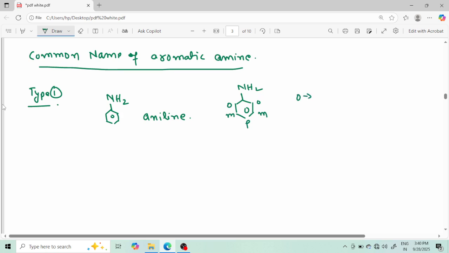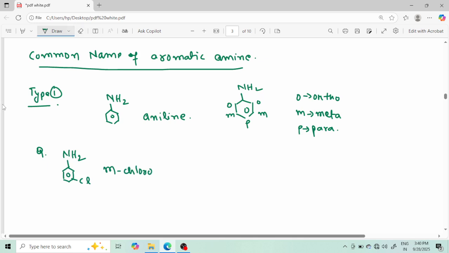So O stands for what? Ortho, M stands for meta, and P stands for para, right? Now if I do some question, so NH2 and this shape is given, so I can say this one will be M chloro, right? You already know the name, but what is the name of this whole shape? You know this, right? So that will be aniline,